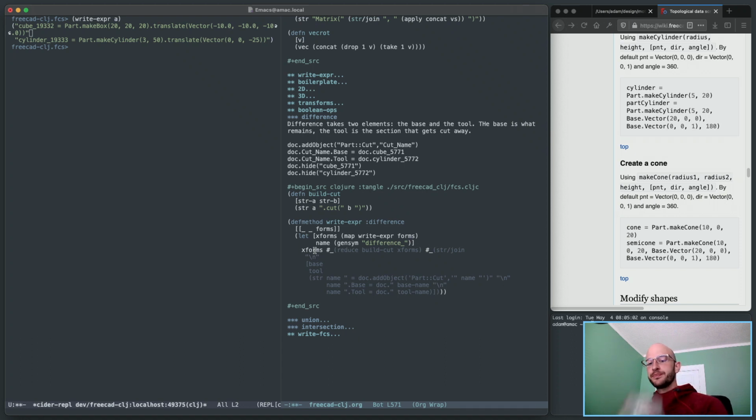Maybe. Let's build it for the two form case and expand our thinking from there. So using this X forms, what I can actually do is string join